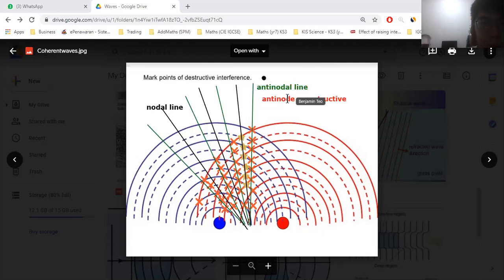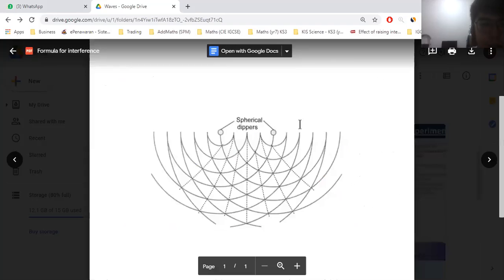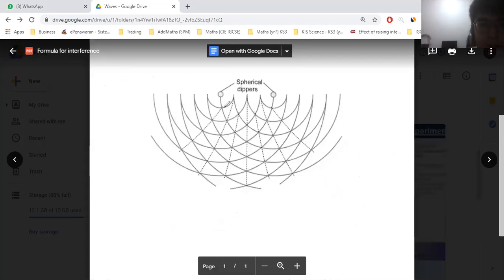The black line is the nodal line, and the green line is the anti-nodal line. Okay, this one I'm not going to talk more about it. You can just read up in the book. We can save some time for this one. Anti-nodal line and nodal line. So you connect all the points, then you get the line. 刚刚那个我修你的那个 constructive 的照片呢，这条线是 anti-nodal line 来的，因为全部这种都是 constructive 嘛。这个全部是 anti-nodal line。